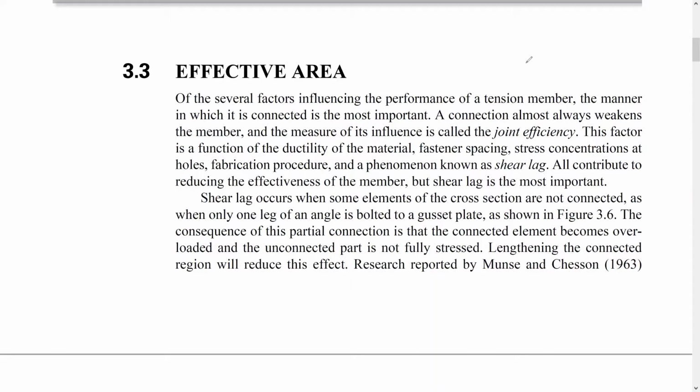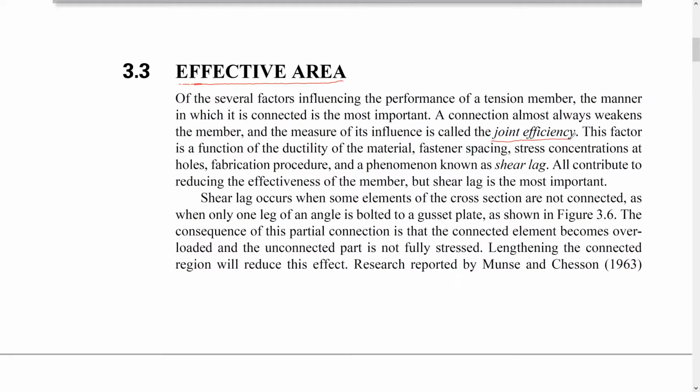Today, inshallah, we're going to continue with chapter 3 and section 3.3, effective area. You know, guys, the existence of connections always weakens the member. Let's say the connection is the weakest zone or region in the system, and the measure of the influence of the presence of connections we call joint efficiency, and this depends on